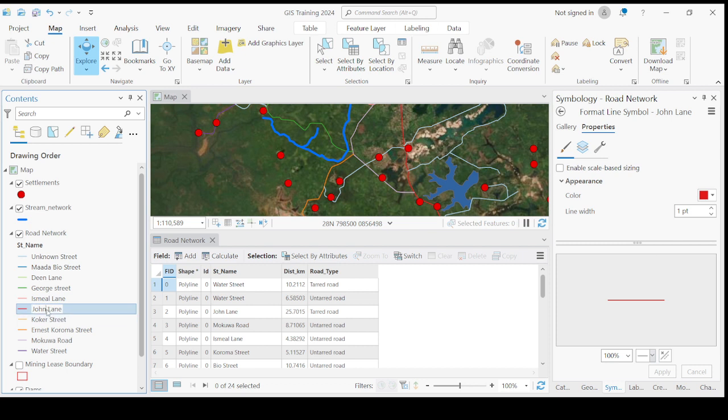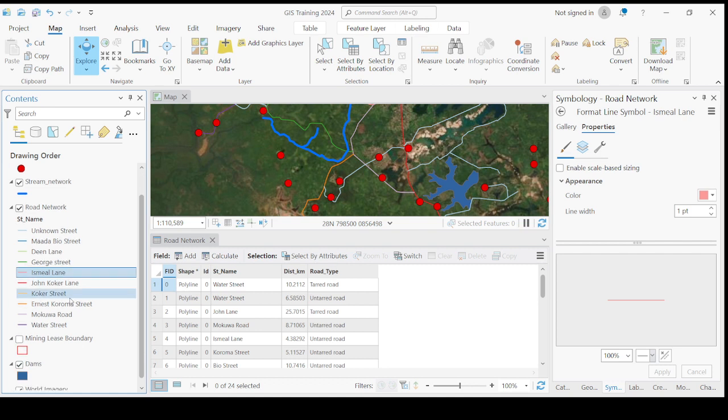Mr. Mokoa, are you there? No, it should work. Do you have all the street names listed here? You have all the names listed here. Okay, now select just